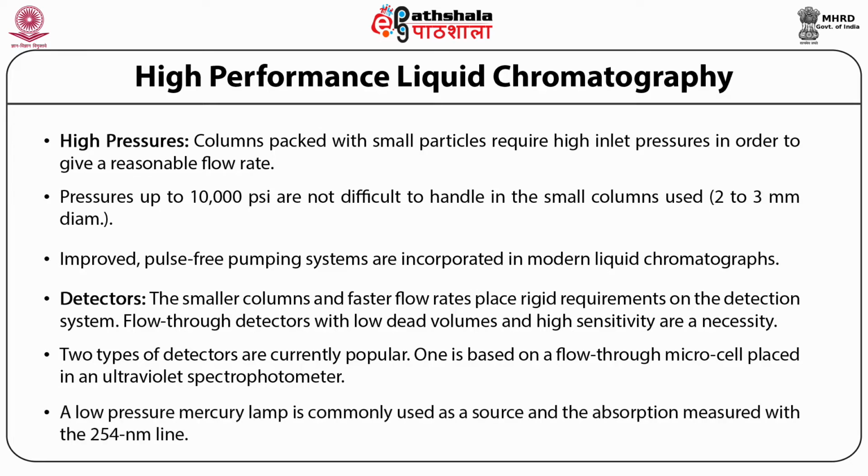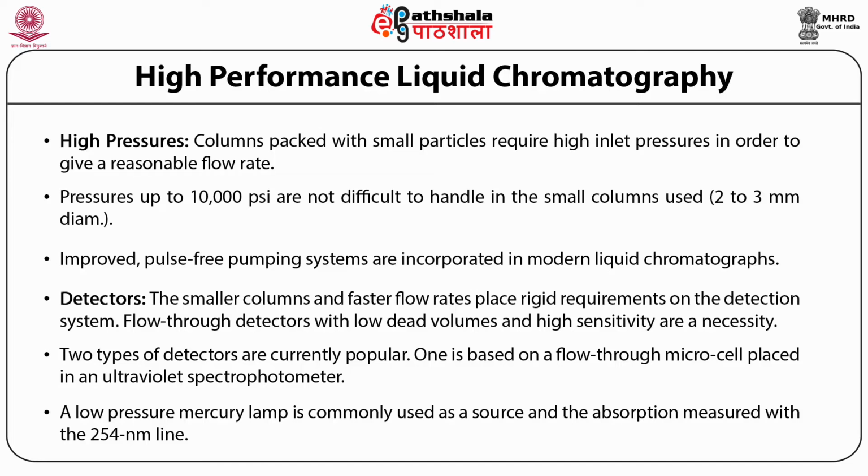A low pressure mercury lamp is commonly used as a source, and the absorption is measured with the 254 nanometer line, where most organic compounds having double bonds or aromatic groups cause at least some absorption. Since most common solvents do not absorb radiation in the ultraviolet and visible region, these detectors are extremely sensitive and